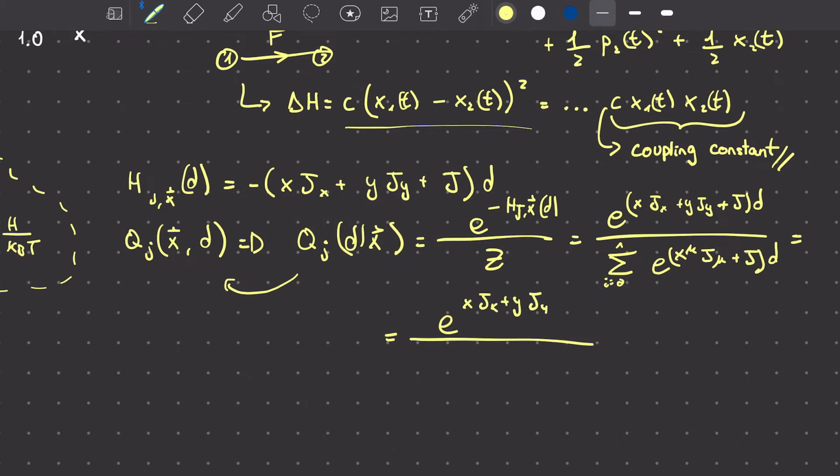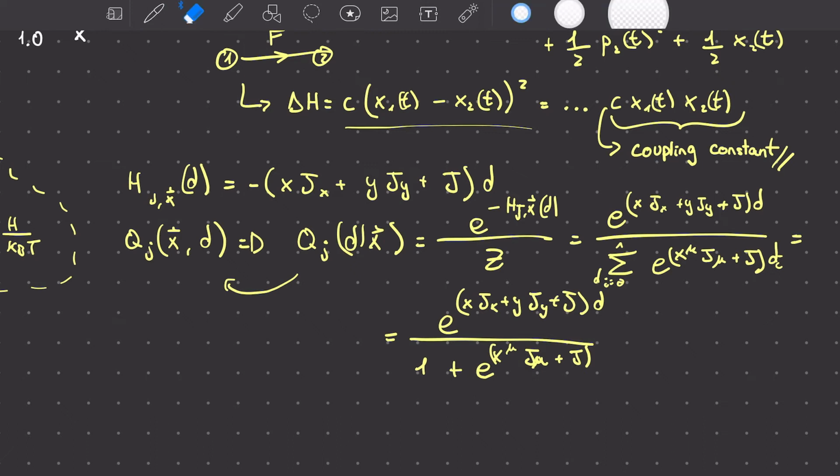x plus y plus j all times d, and here expanding this sum, because the first d is going to be 0, we're just going to get a 1, and then we're just going to get basically the same as we have on top, right? This is a subscript, and then subscript plus j, which is absolute. Okay, so this is what we are